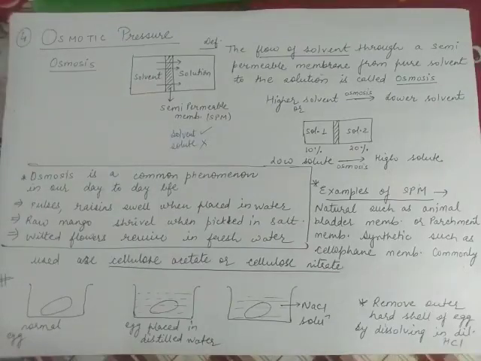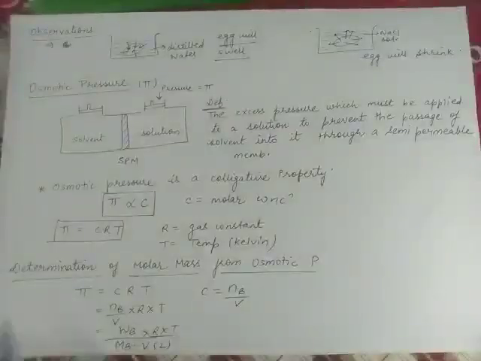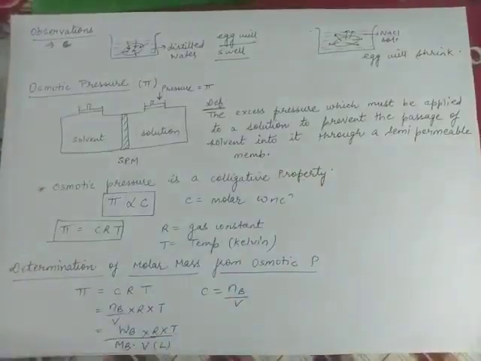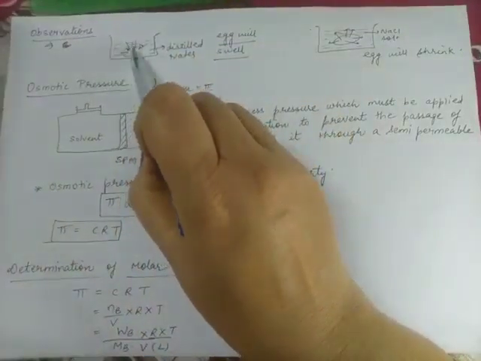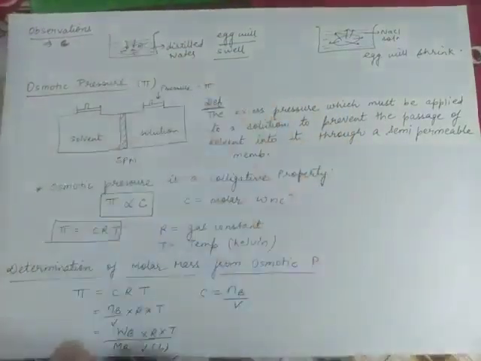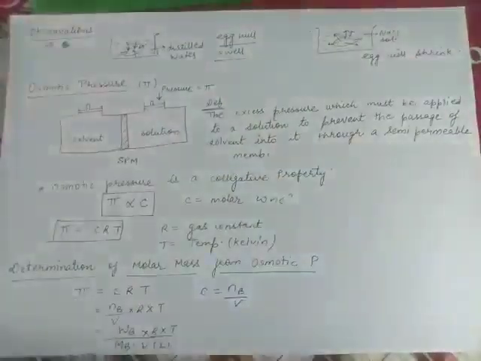And afterwards, the cell will be surrounded by a membrane, and that membrane will act as a semi-permeable membrane. Now what are the observations? We'll find that when an egg is placed in distilled water, inside the egg some solution is there and outside it is distilled water. Now osmosis will occur, the semi-permeable membrane is there, and water will move from higher solvent to lower solvent. Outside more solvent is there, inside the egg less solvent is there, so water will enter the egg. So what will happen? The egg will swell.